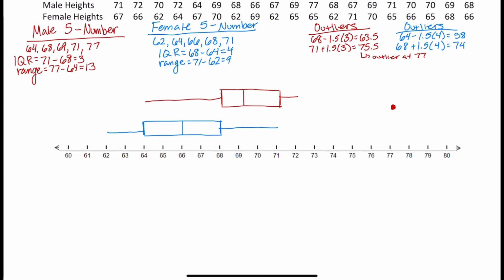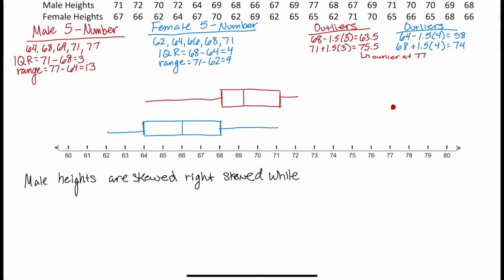So this is where we start using context in our problems. We can talk about whichever one we want first. Since the data of the males was first, that's what I'm going to choose. Those male heights are skewed, and they are definitely right skewed in this case because there is that big gap with that 77 hanging out. So that distribution is right skewed,